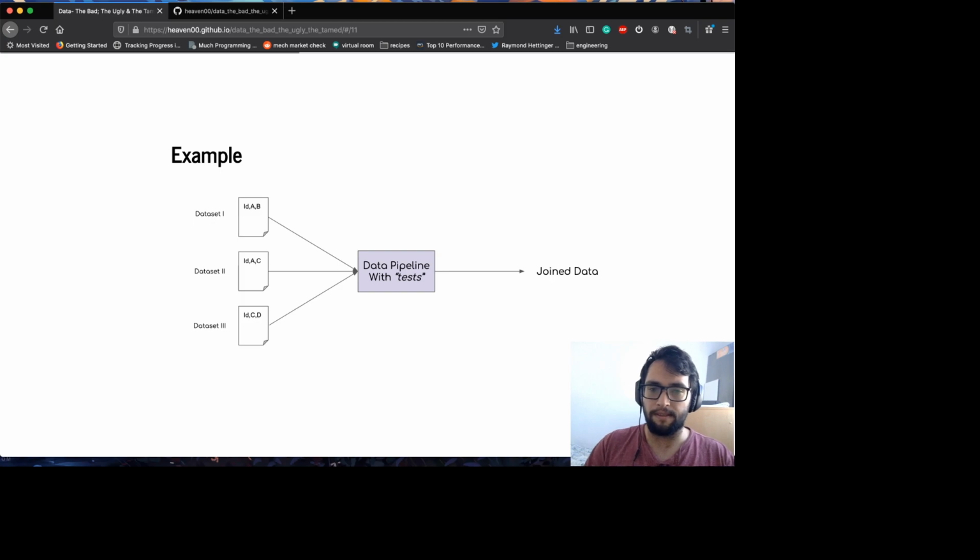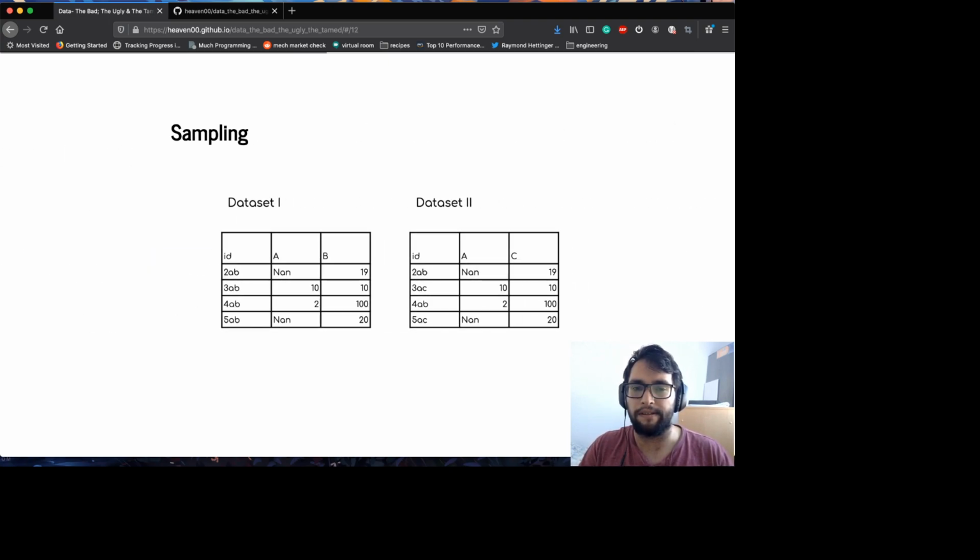So the first thing, how you would like to do the join, right? You would start with sampling the data. Let's say you look at dataset 1, you look at dataset 2, right? There are only 3 columns. There is ID, there's column A, there's column C, and there's nothing much. You basically want to do a join, and after the join you would probably get A, B, and C. If your join is simple enough, you're basically adding one more column here. Now, the problem is these actually have